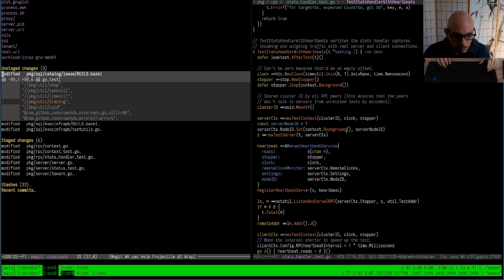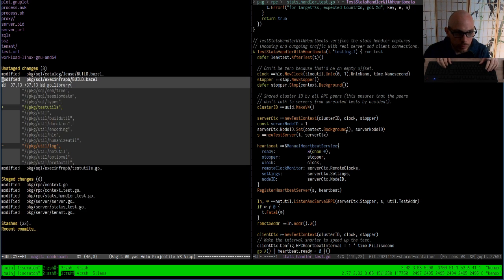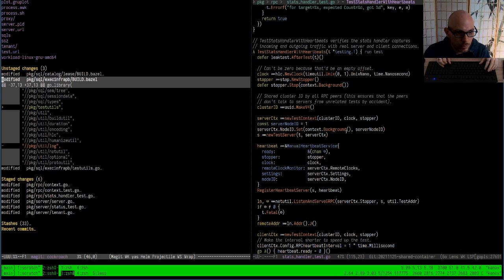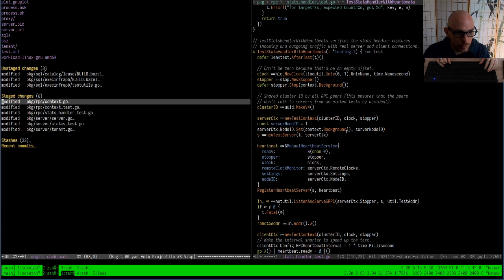That catalog lease thing here is going to belong to different commits. Okay. Exec infra PB. That is going to be a separate commit after this one. I'm going to do that in a bit. So this one is